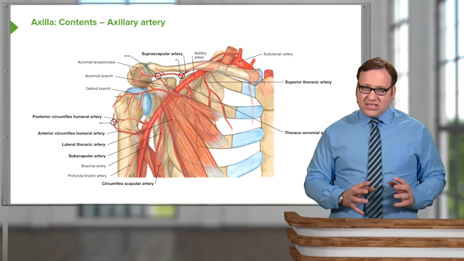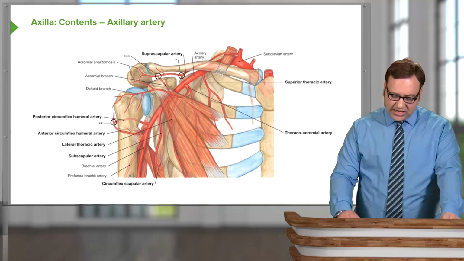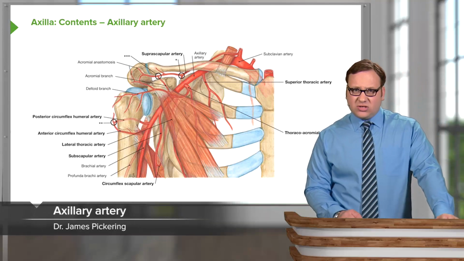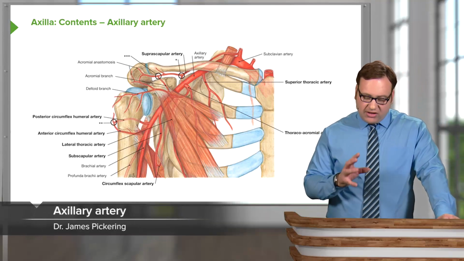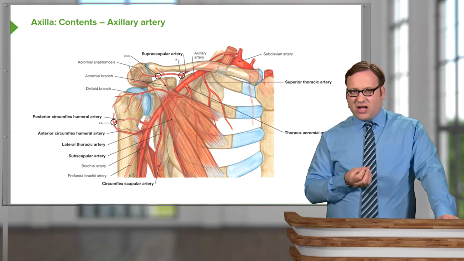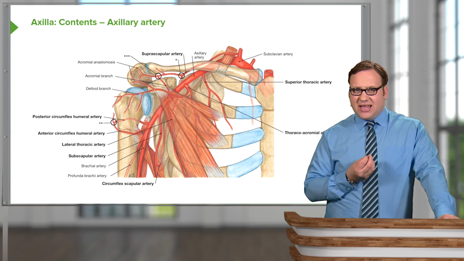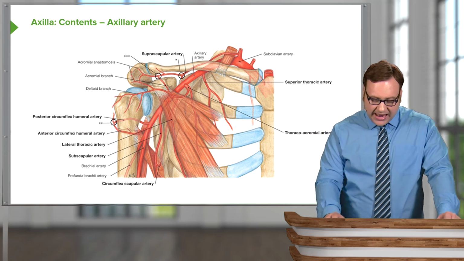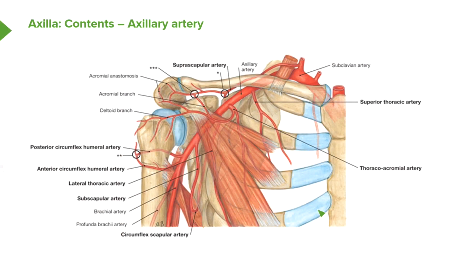If we look at the contents of the axilla, then the main blood vessel is the axillary artery. And the axillary artery is a direct continuation of the subclavian artery as it passes into the axilla. Here now we can clearly see the cervico-axillary canal. We can see anteriorly here we have the clavicle. We can see medially we have the first rib. And then posteriorly running along the back here, we have